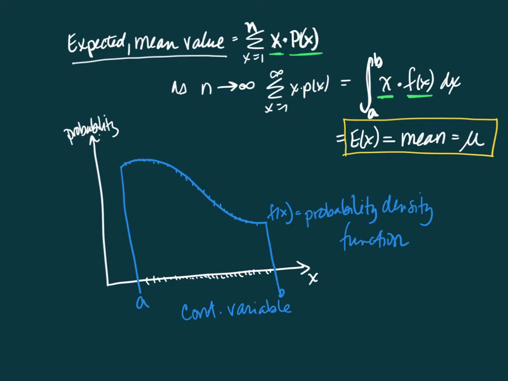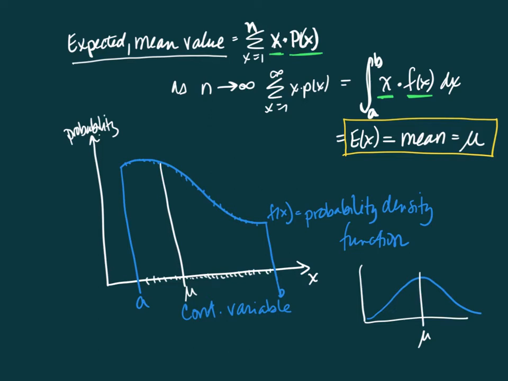function. Now you might have seen, right, like a normal curve. Here's our normal curve. And on a normal curve, the mean is right here in the center. Well, if we have a skewed distribution like I have here, or not bell-shaped, well, then the mean is not quite right in the middle. It's going to be maybe someplace over here, right? That's going to be where the mean is. And so the way that we compute that is by computing x times the probability density function, that definite integral.